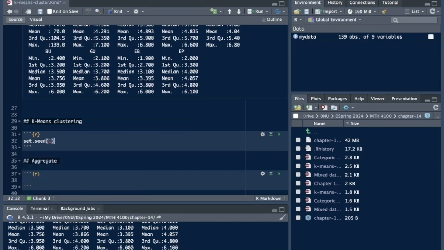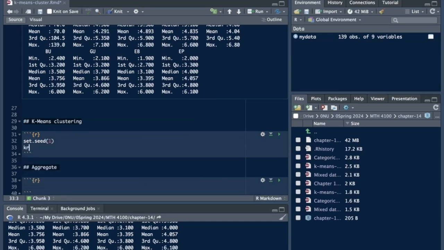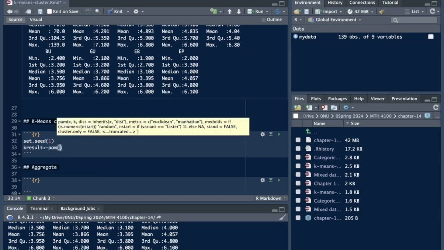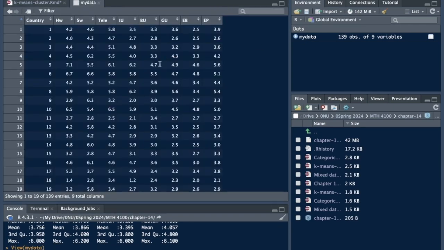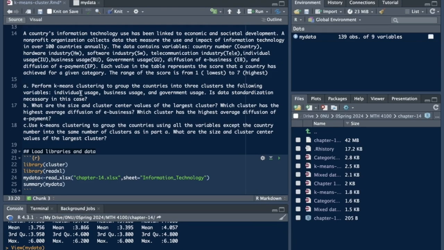After that, we are going to work together in getting the same data. So let's set the seed as 1. For the k-means results, let's call it k-results. I'm going to use a function called PAM. There are many ways of doing this, by the way. It's not the only library. For my data, we're going to choose specific variables. Let me look at my data first. These are the variables, and we are going to focus on which ones? Individual use,